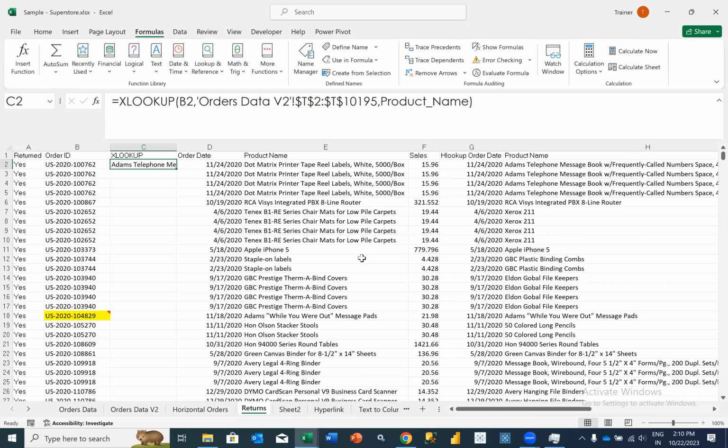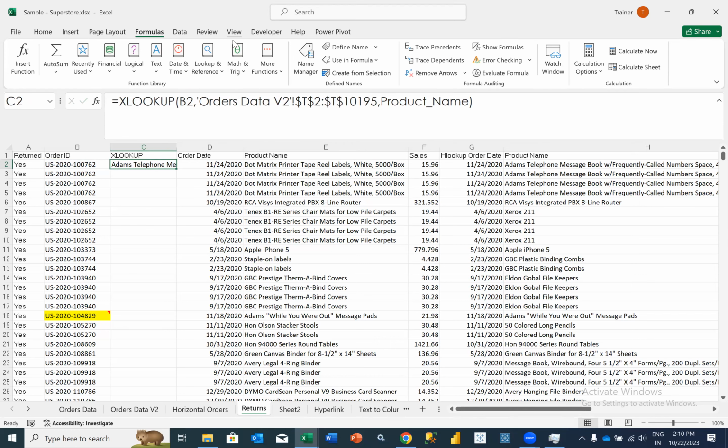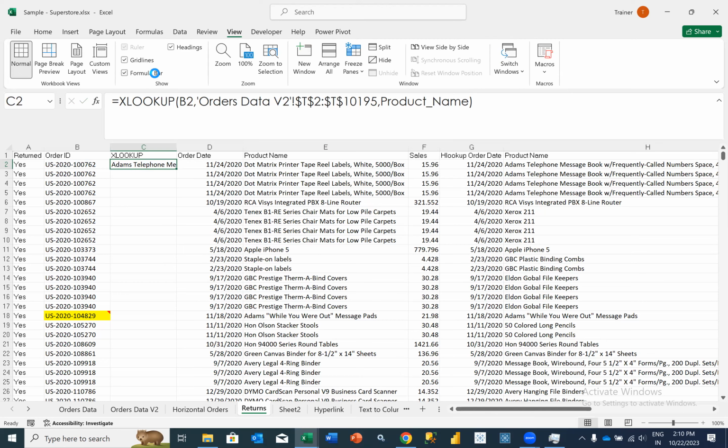There is an option we learned about, protections, sheet protections. That is fine. And if you want to present the data to someone else, you need not copy the formula, you just copy and put it as text. Yeah, I know that. But whenever we put the cursor, we can see the formula. If I put the cursor here, where is the formula? No, this is the formula bar. We want to hide the formula bar. You can hide it, no? Go to view. There is an option on the